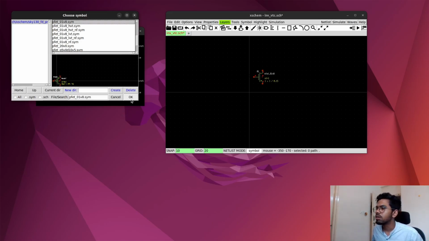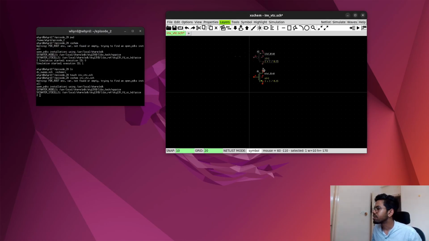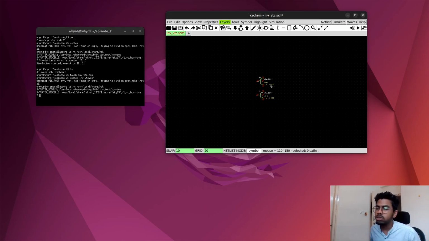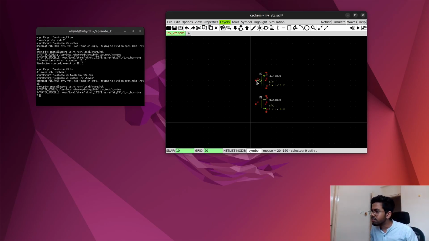and for the PFET also I'll be using the simplest one. The PFET is there, and then I'll just connect it. Today we'll do the symbol also. We'll create a symbol and then use a test bench to verify this. So here let me connect everything. So W, connect this thing, and then W, connect this thing, and then W,